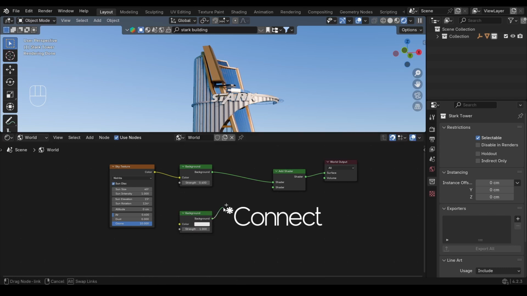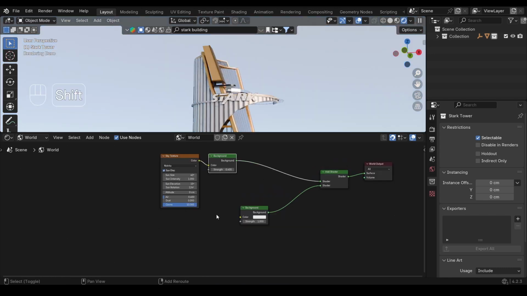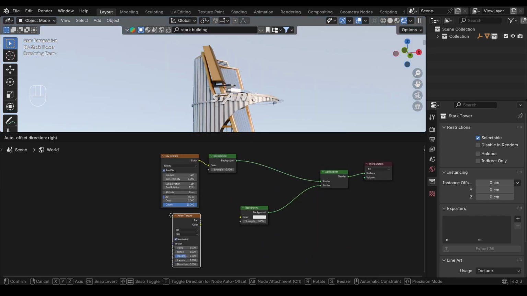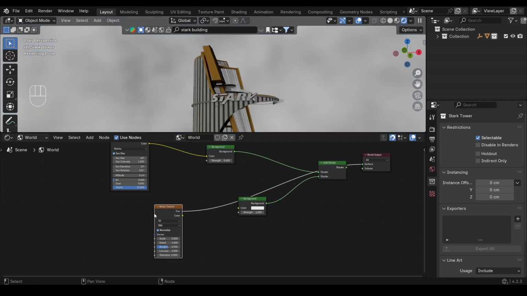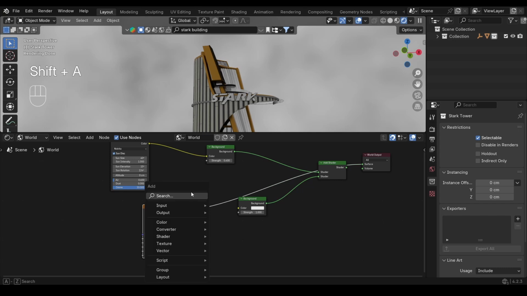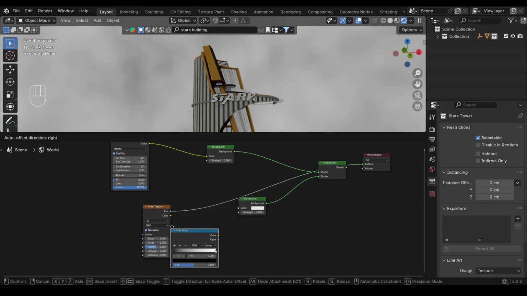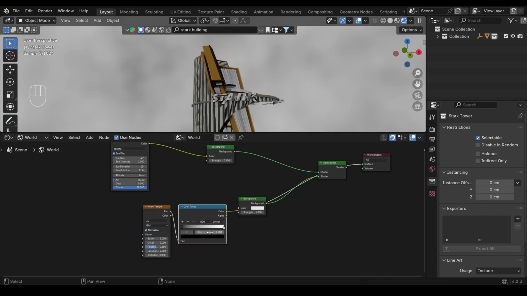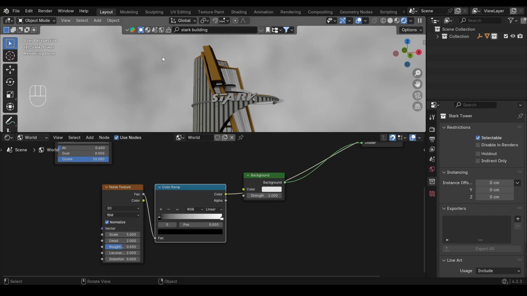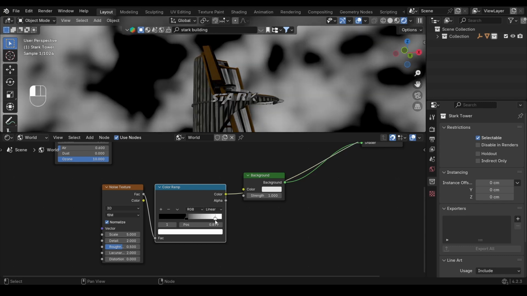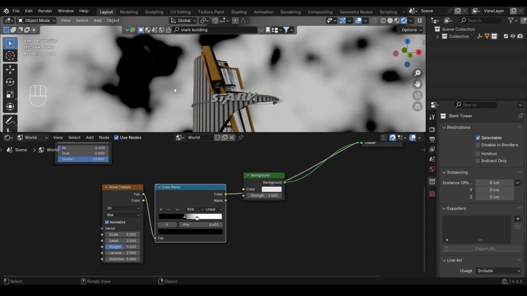Alright, and I will connect this dot to this dot, and I will press Shift A and search for noise texture to create some clouds. And I will Control Shift left click on noise texture to directly preview it. So here we have noise texture. I will press Shift A and search for color ramp node, and I will place it after the noise texture node. Alright, so you can see guys, this noise has a very soft gradient. So we have to increase this black value and this white value to sharpen the texture.